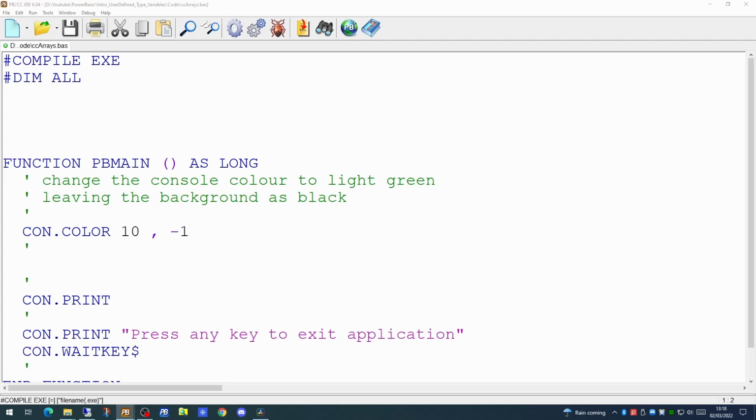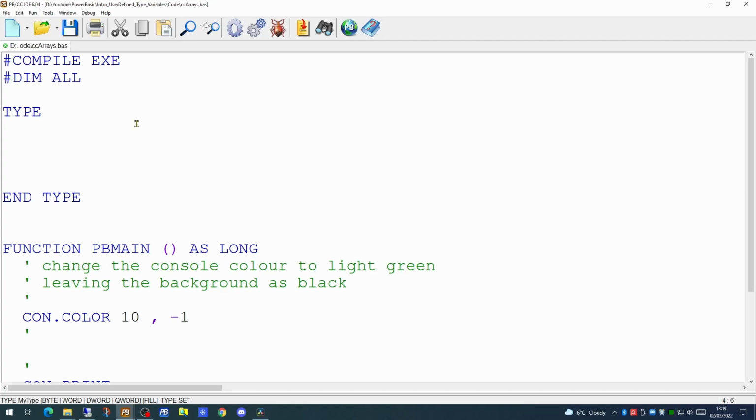Here we are in the PowerBasic console compiler. User-defined types can be used both within the console compiler and the PowerBasic Windows compiler. So since we're going to be tracking some student data, we need to create our user-defined type, and we need to give our type a name. So we'll call this one UDT student data. You can name your user-defined types anything you wish, but I find it quite useful to put a prefix at the beginning of the name to indicate that it is in fact a user-defined type.